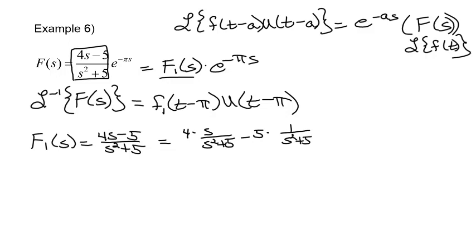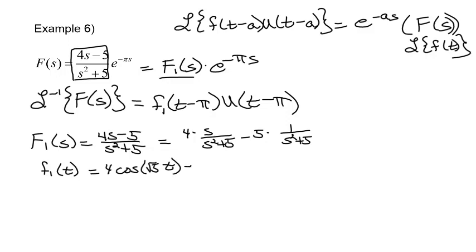And you're going to use your inverse Laplace rules to find little f sub 1 of t. Now that notation stands for the inverse Laplace of cap F sub 1 of s. All right, so this is using the rules. So the s over s squared plus b squared rule is cosine. So I'm going to get 4 times the cosine of square root of 5 times t minus, now this one's